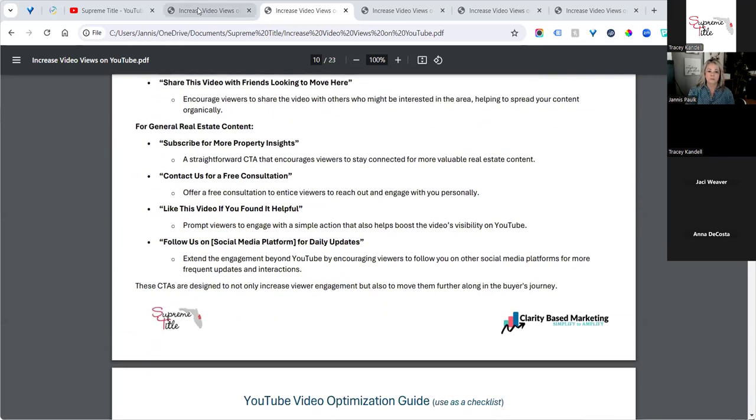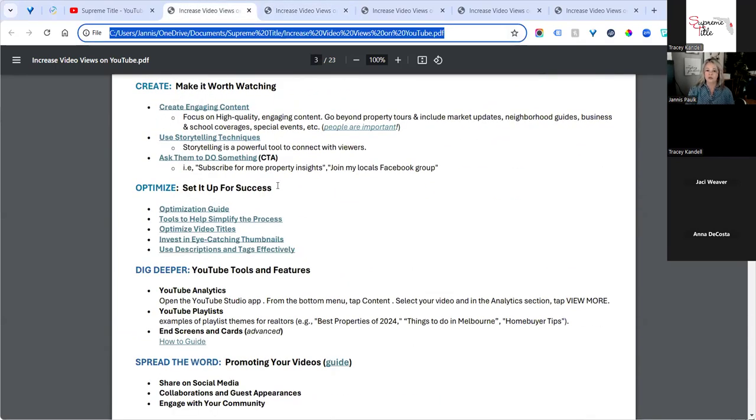So I'm going to pop back over here. Now that's our creation point. Our next is optimization. Optimization is setting it up for success. And this is the piece that I really want you all to focus on. Although we're talking about 5 things: creation, come prepared, create, optimize, dig deeper, and spread the word, optimization is the #1 tip that I want you to walk away from today. And optimization is making it better. So if we're making it better,